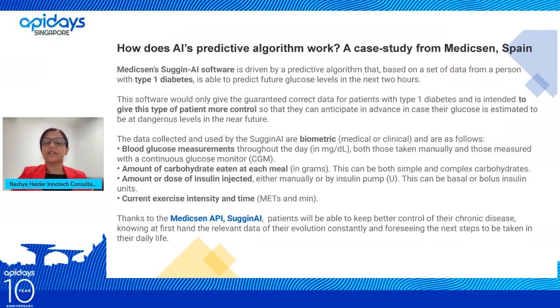Products such as this should also be developed in Asia Pacific, because Asia Pacific also has a high tendency of increasing diabetes levels in our society, especially also in developed societies like Singapore. So it's quite an interesting software that's currently in product development.